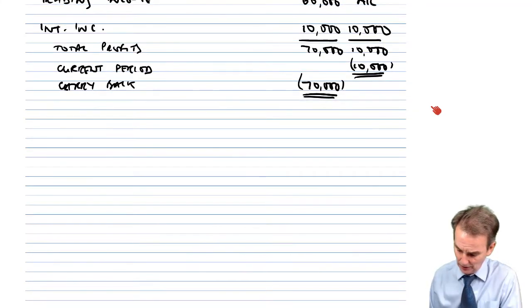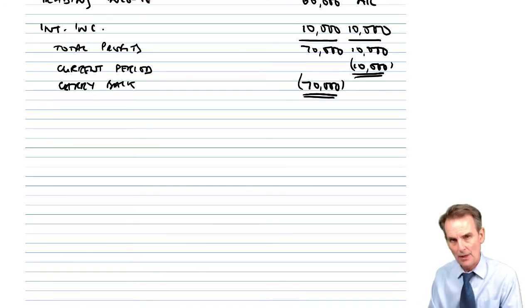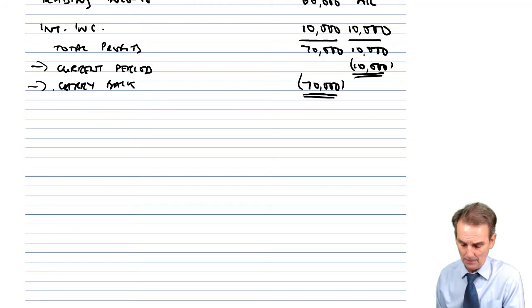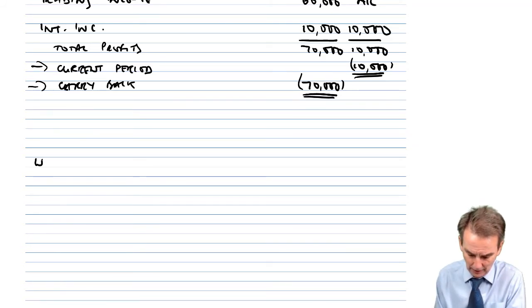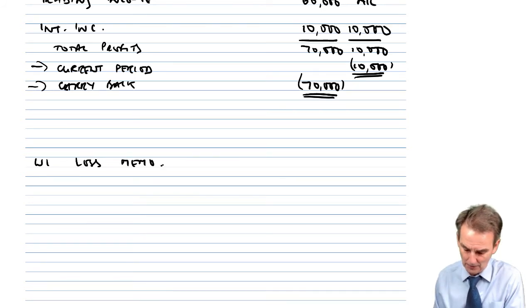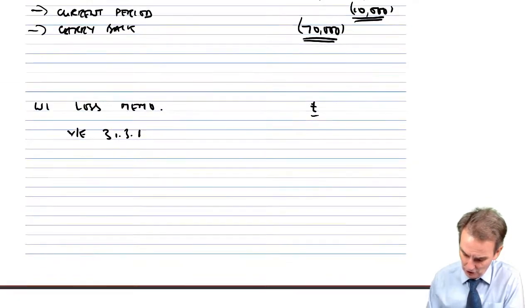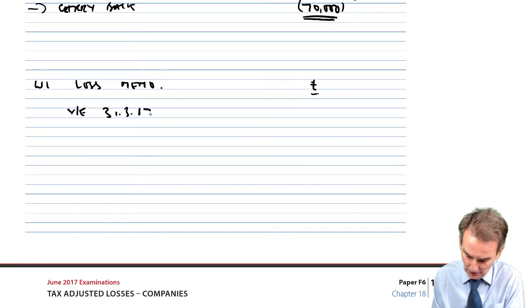Now, when things start to get just a little bit busier and there's a lot more information, what you might find useful to do here, as well as your columnar presentation for each accounting period, where you show the loss reliefs, the current period, the carryback, and if necessary, the carry forward, is a little working, let's say working 1, a little loss memorandum column there, where you would have the loss-making period, year ended March 2017, and it was a loss of £90,000.